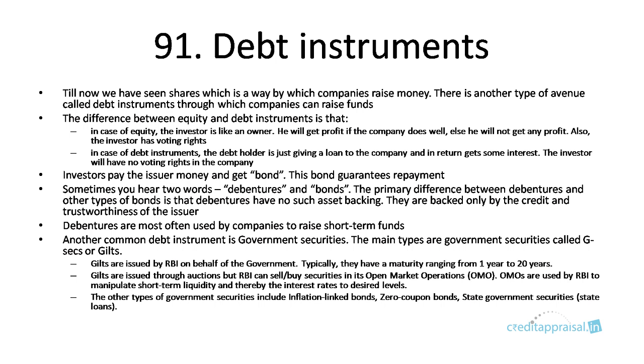Debt instruments are more like bank loans. Debt means the company is obligated. There is an obligation on the company to repay this borrowed amount. So there will be some interest that will be paid to the debt holder. And there will not be any voting rights in case of debentures or these debt instruments. The investors will not have any voting rights as in the case of shares. So investors will pay the company money, and they'll get a bond or a debenture. We'll see this later.